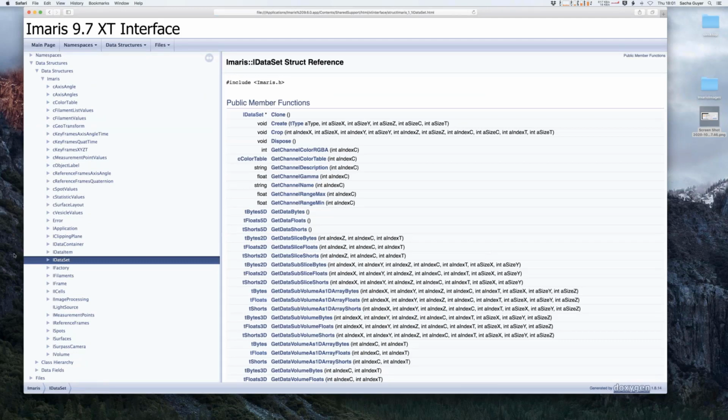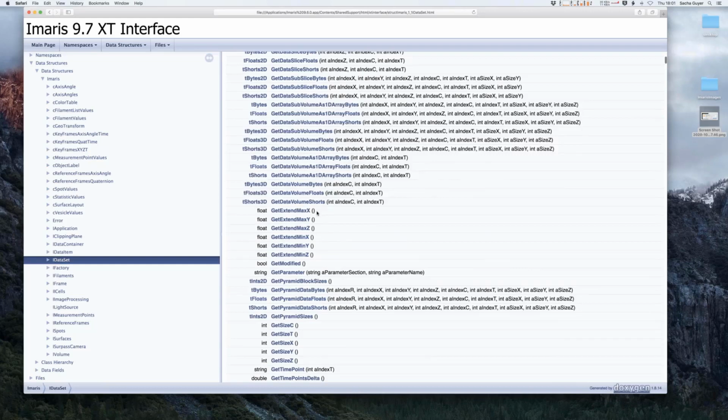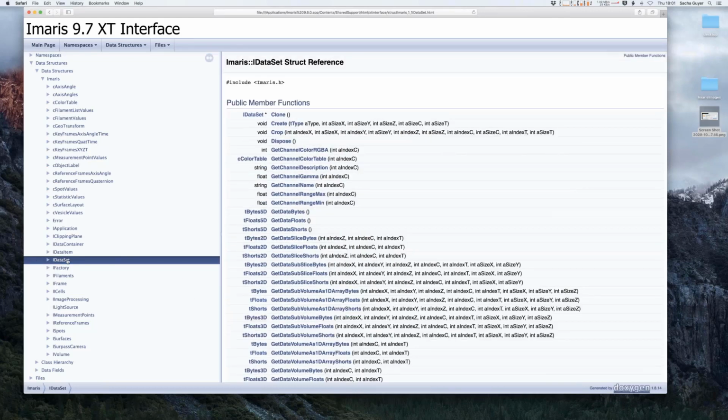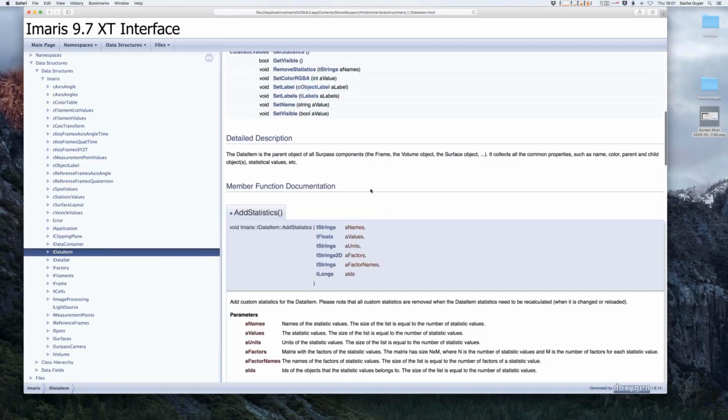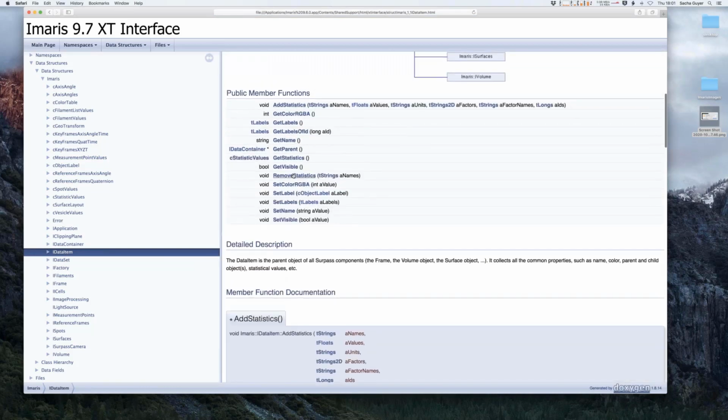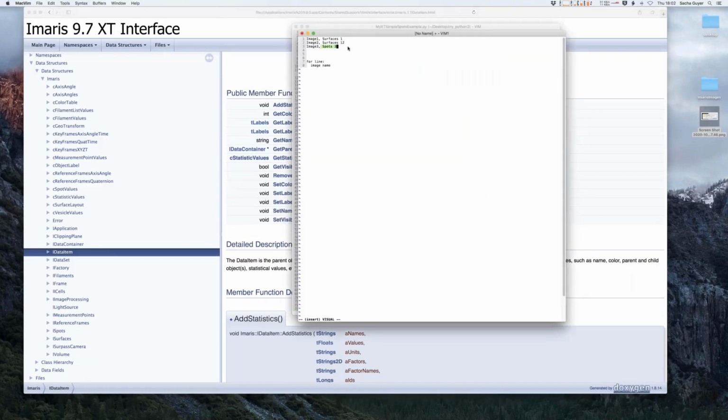Sorry for jumping so quickly through that, but there might be more questions. So the IDataSet is an IDataContainer, an IDataItem. And there you have get statistics here. So you would do that. And if you have names of the Surpass components, you can also get them by doing